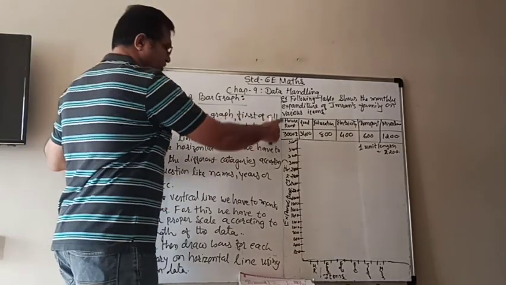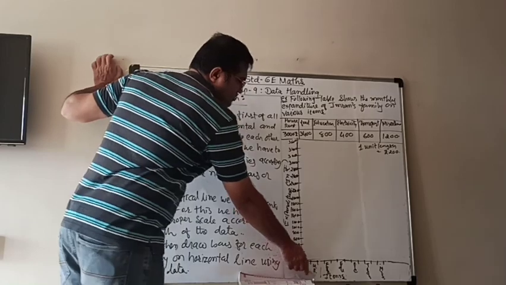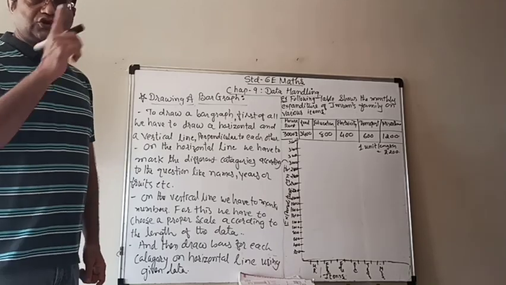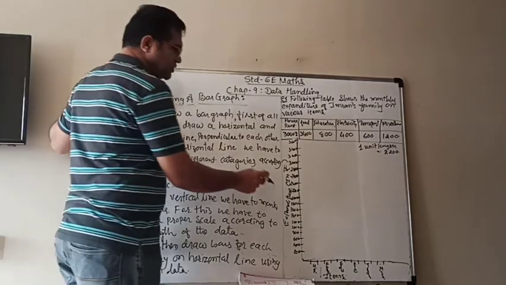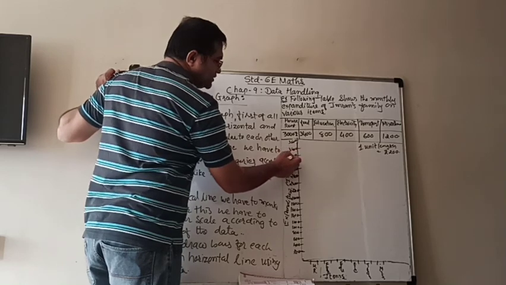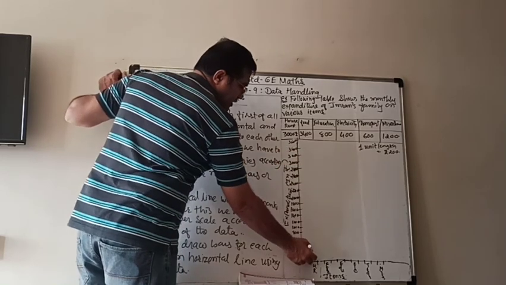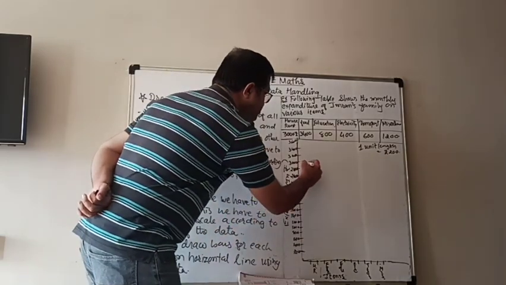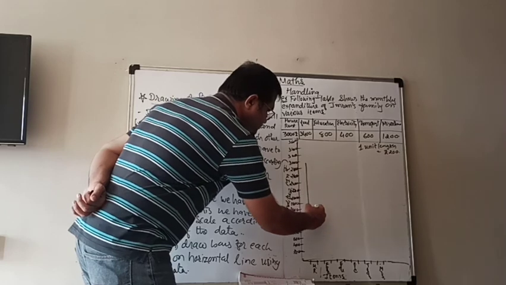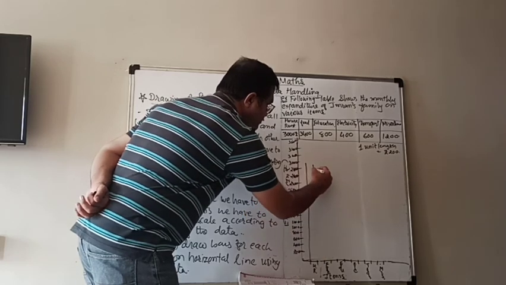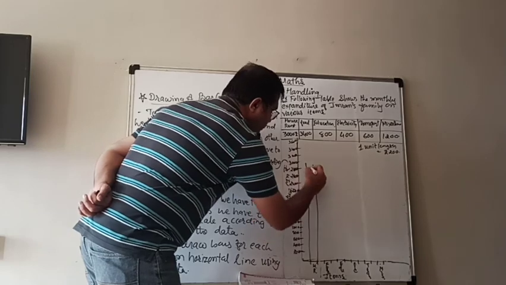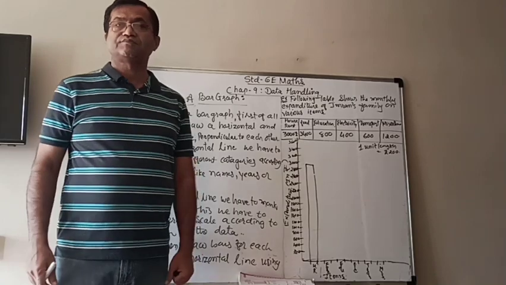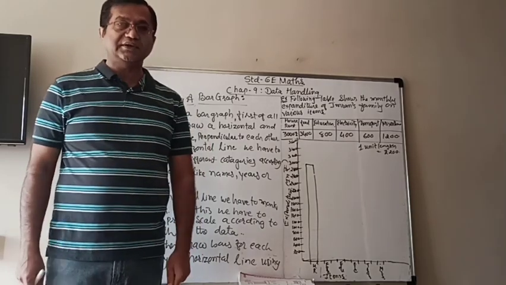First, house rent. I write HR in short for house rent. The house rent is 3000 rupees. Now be careful, 3000 rupees. Where is 3000? That is your 3000 rupees. It means that from both sides, we have to draw lines up to 3000, and then close it. So that is your first bar for the house rent.